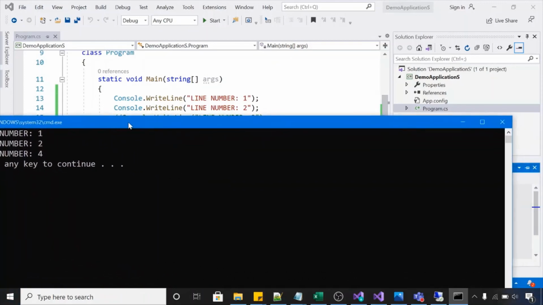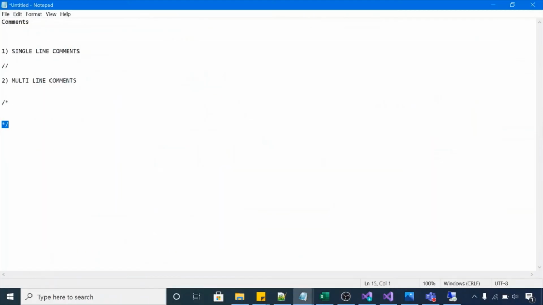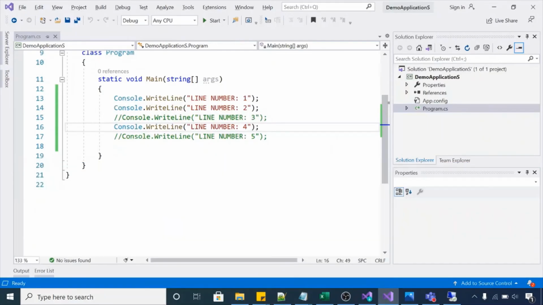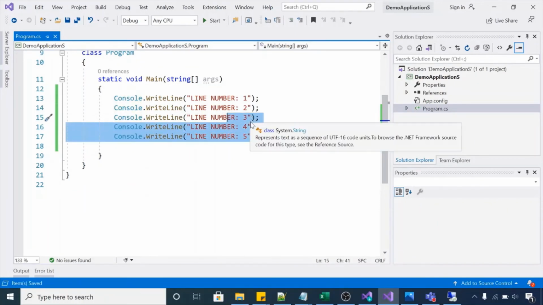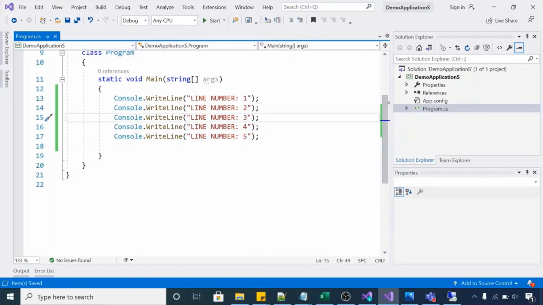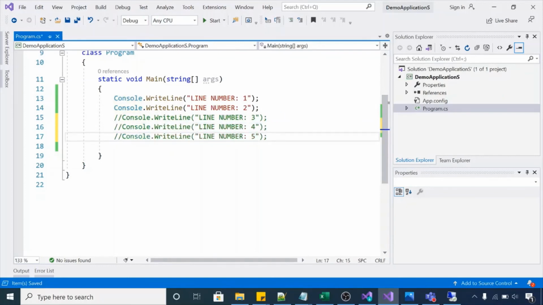Okay, so these are single line comments. Like I showed you, these are single line comments. And now let's suppose you have a scenario in which you don't want to print these 3 lines, line number 3, line number 4, line number 5. One way is you can just put // in front of every line. Right now we have only 3 lines, so it's easy for us to just put // in front of every line. Let's suppose we have 1,000 lines or 10,000 lines of code that we want to comment. Then how can we do that?